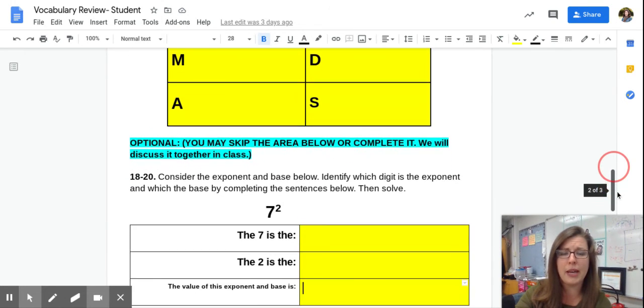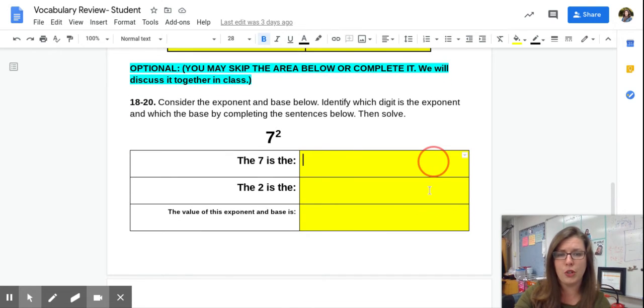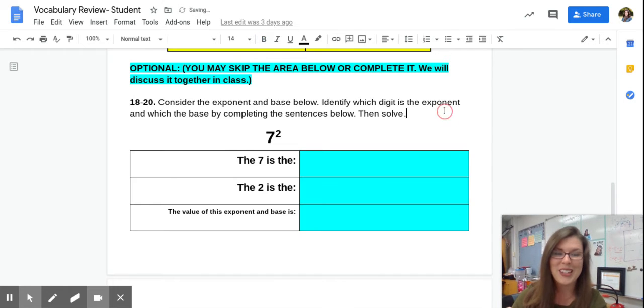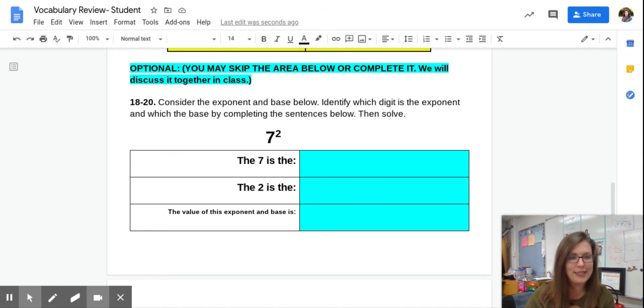Guys, the very bottom of this is optional. You may do this or you may skip it for now. When we actually go over our vocabulary review, if you have not yet completed this part, I will have you type and finish it, because this is knowledge that I want you to bring with you when you come to assessment later on, as well as information that I want you to know in subsequent units of 5th grade, as well as bring to 6th grade, because that'll greatly help you out with the algebra that you'll do in 6th grade.